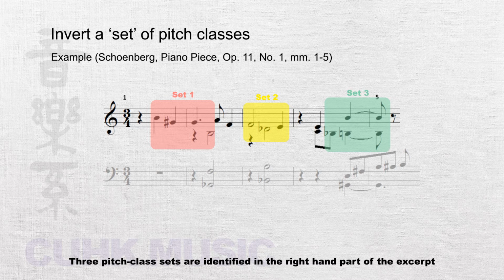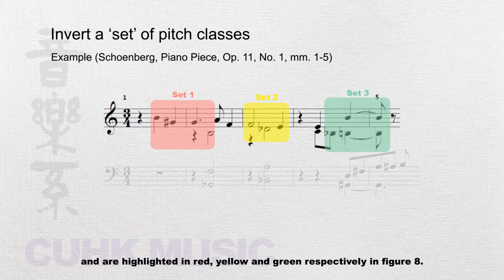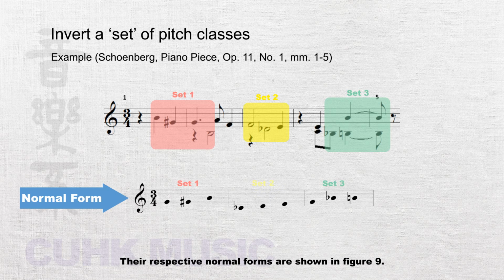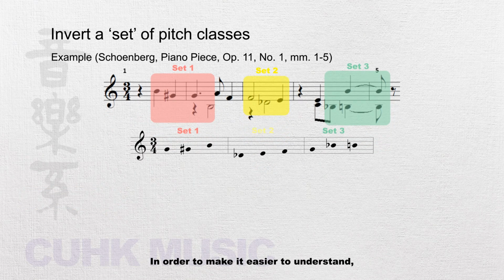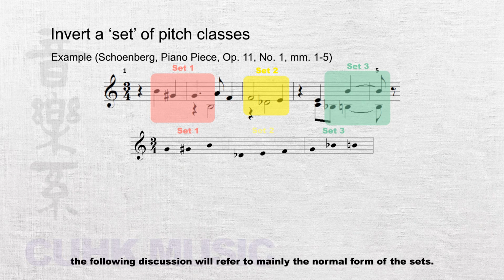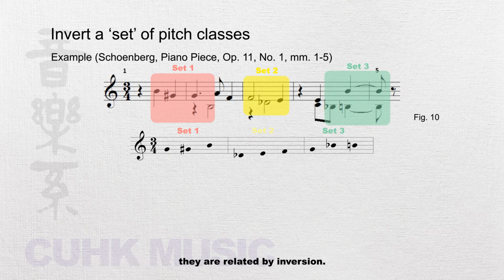Three pitch class sets are identified in the right-hand part of the excerpt and are highlighted in red, yellow, and green respectively in Figure 8. Their respective normal forms are shown in Figure 9. In order to make it easier to understand, the following discussion will refer mainly to the normal form of the sets. A close examination of the pitch classes in set 1 and set 2 reveals that they are related by